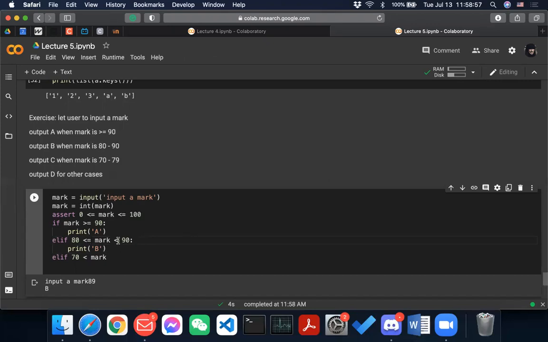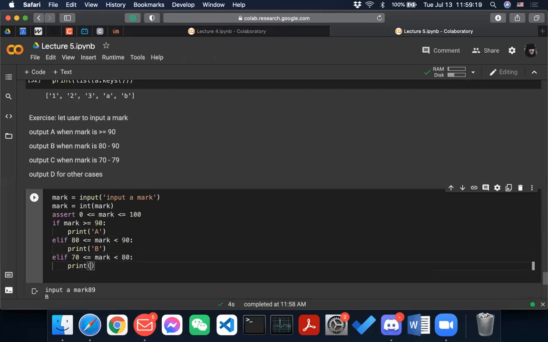Basically you are trying to ask the user for the input of the mark, and then you're just checking if the mark is in a specific range, so that you can print the grade for a student, for example.